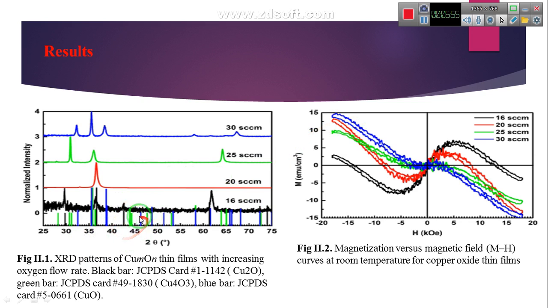Figure 2.1 displays the XRD pattern of copper oxide thin films deposited on the glass substrate with different oxygen flow rates of 16, 20, 25 and 30 standard cubic centimeters per minute. Depending on the oxygen flow rate, the deposited films exhibit different copper oxide phases. When the oxygen flow rate is fixed at 16 standard cubic centimeters per minute,